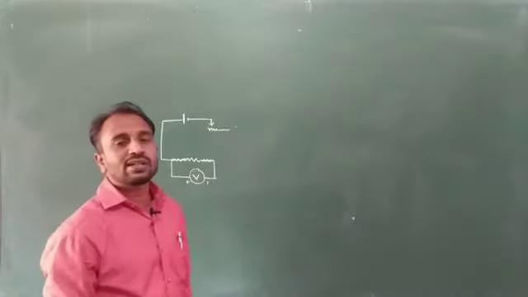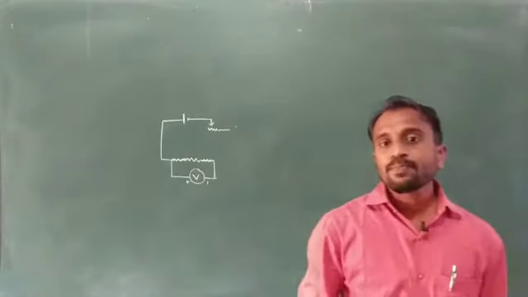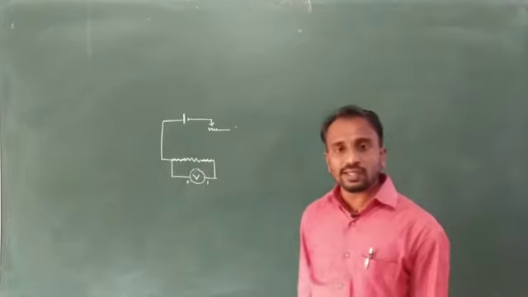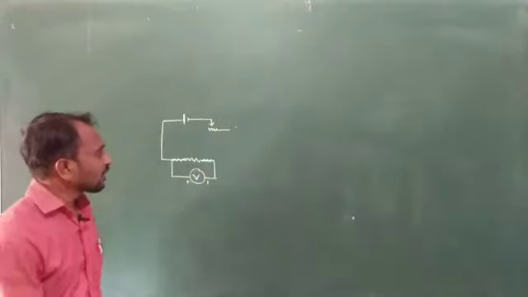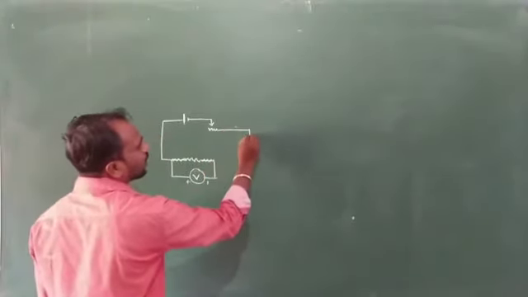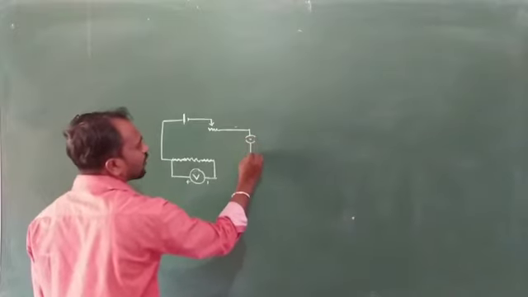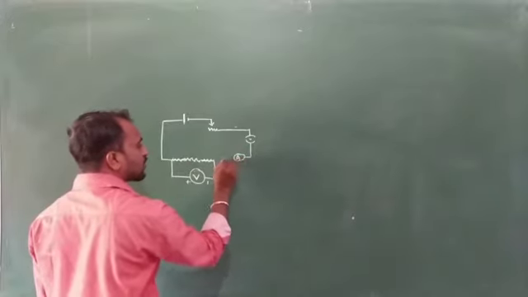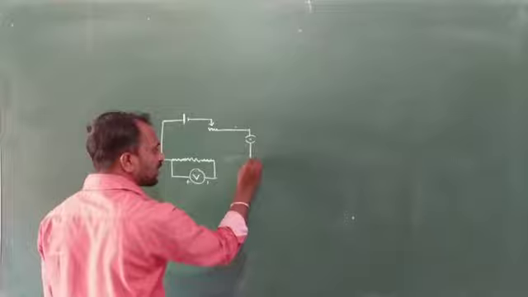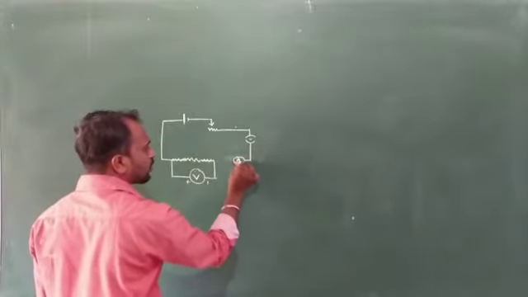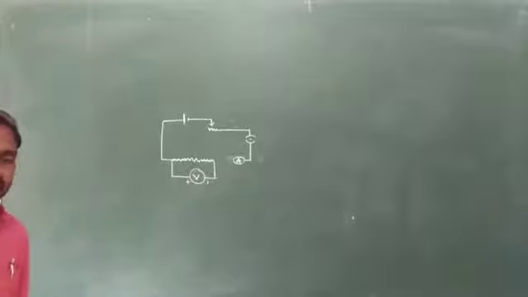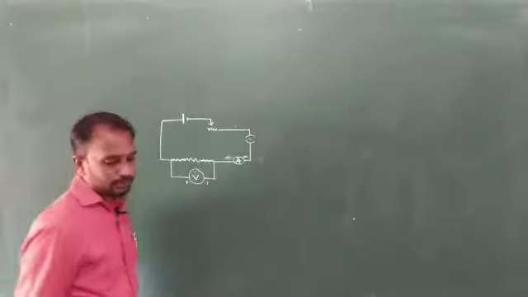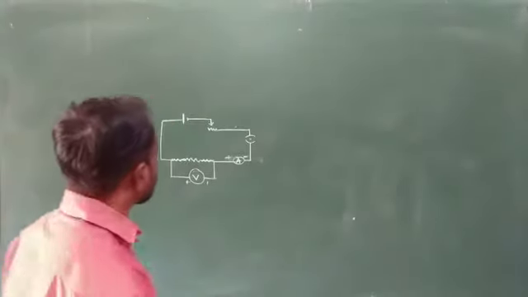So a rheostat is a device used to vary the resistance, or to provide different resistance to the circuit. That's why we consider a rheostat. Here this rheostat is connected to the key, and this is connected to one ammeter. An ammeter is a device used to measure the electric current in the circuit. This is connected to this conductor, with positive and negative terminals. So this is our circuit diagram.